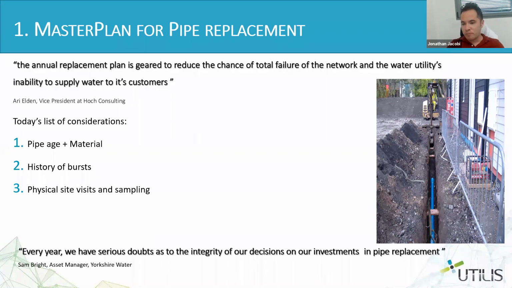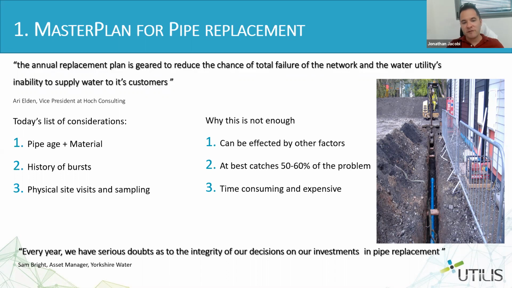So today they'll put together a committee and read the output of either what people are saying or some kind of report, if it's coming from an internal report or from a consulting engineer report, or they have some kind of internal or external software that's making these recommendations for them, and then they decide. And it's saying you should replace this pipe this year, but not this pipe. This pipe can be replaced in 3 years, and this pipe can be replaced in 4 years. And the majority of the data that they're basing themselves on is the pipe age and material, history of bursts, and physical visits and sampling.